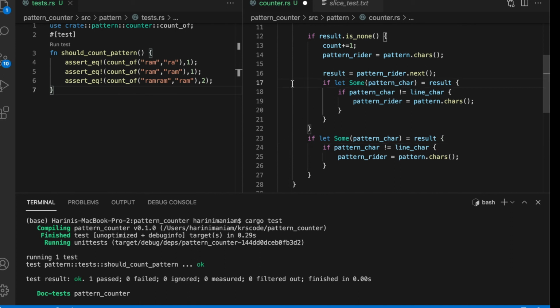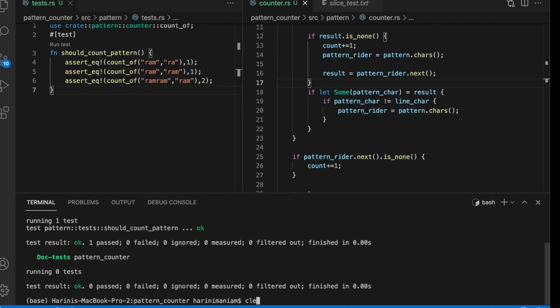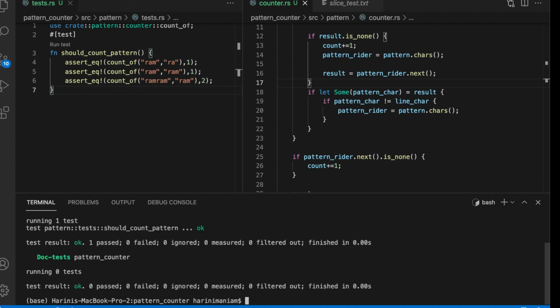It is literally moving the block here. So if we remove this and we keep two if conditions like this, cool, it's passing. We have removed as many